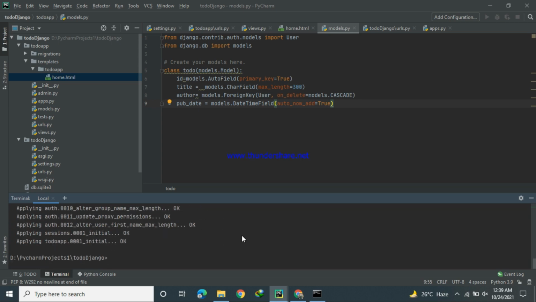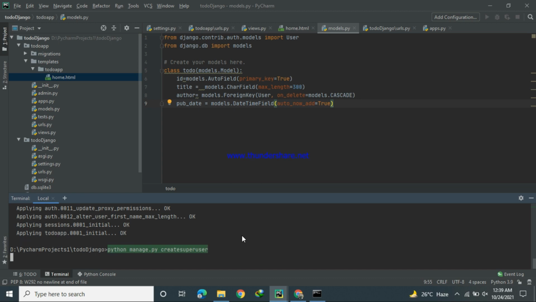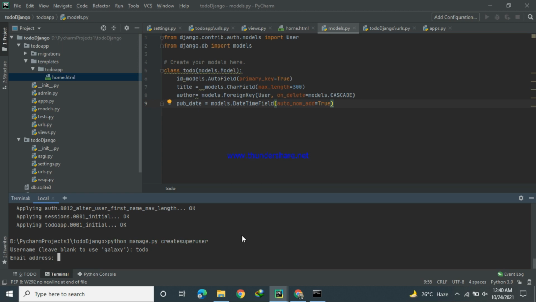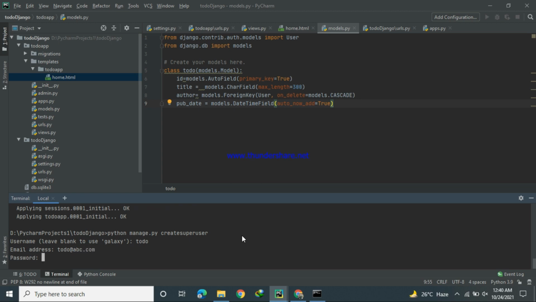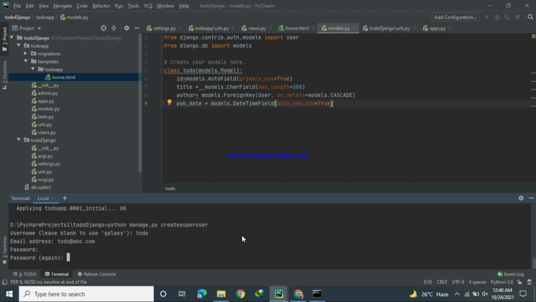So all the migrations are applied by using the migrate command, and now we will create a superuser. For example, my username is todo, and the email address is todo@abc.com, and the password is abc123.